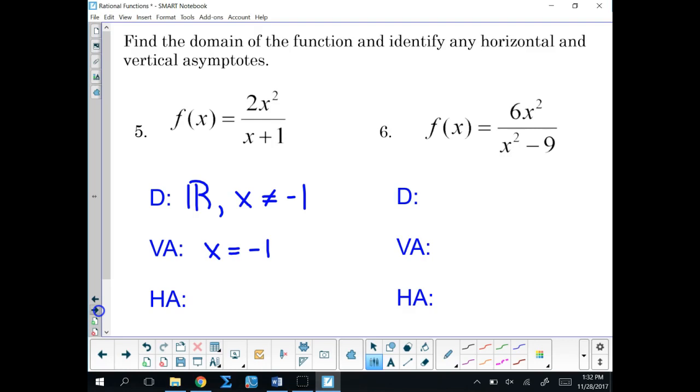Horizontal asymptote. Degree of the top. Degree of my numerator. Degree of the numerator is 2. Degree of the denominator is 1. So top is bigger. So there isn't one, right? So we write that then as